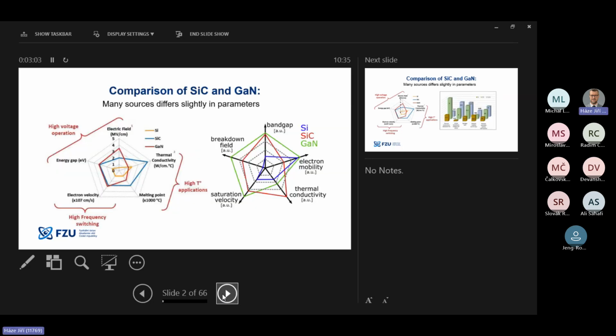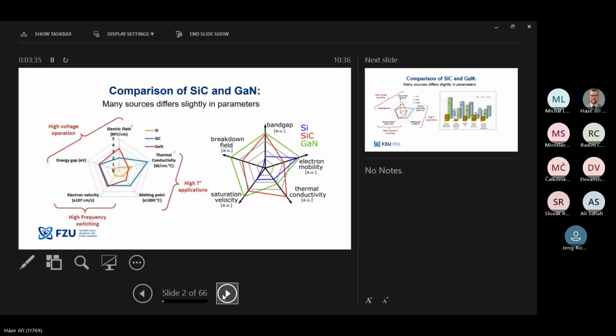So this is what Professor Hart already showed you, the pentagons which you have seen many times in the literature, comparing the most industrially used semiconductors, which are at the moment silicon, of course, silicon carbide and gallium nitride. So from the comparison, you can usually see